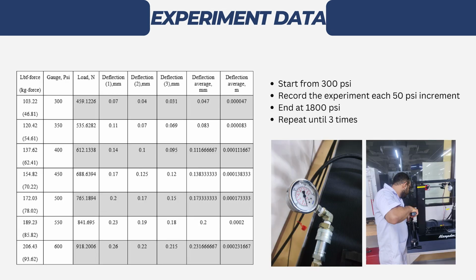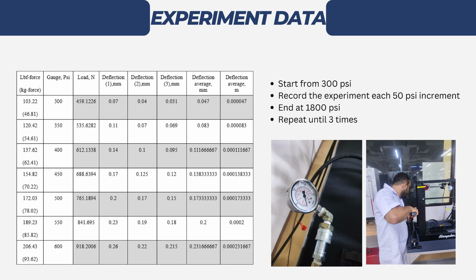So before we're moving on to analyzing the experimental data results that we got from the experiment, the deflection data, I'm going to be explaining the overview of how the 3-point bending test machine actually works. So basically it uses a hydraulic system, which you can usually find in a car jack. So as can be seen, there's a lever that you can push up and down, and when we push that lever down, it will gradually increase the pressure that is given to the beam up and up and up.